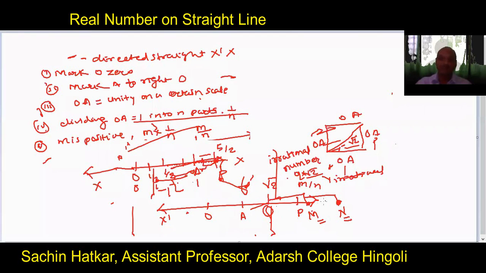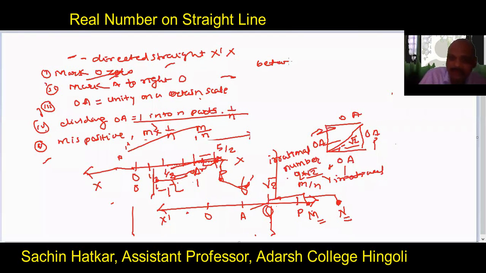This is our today's discussion. I hope you have got that, very simple. You have learned from the 7th standard that on the real line there are points to represent a number, and for every number there is a point on the real line. So I hope you have got the concept of real numbers.